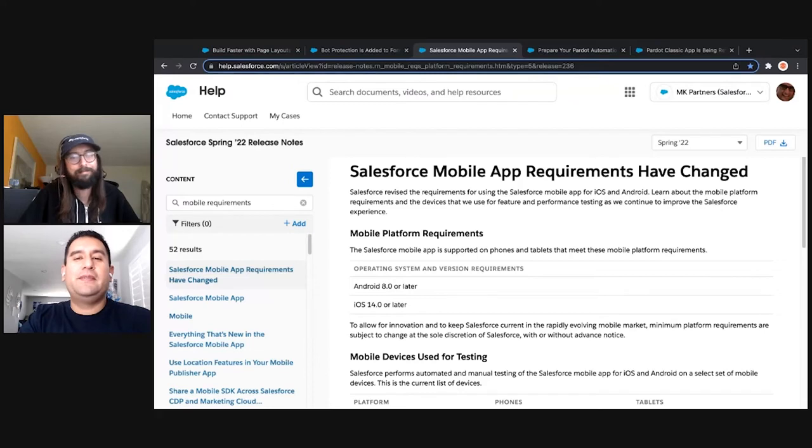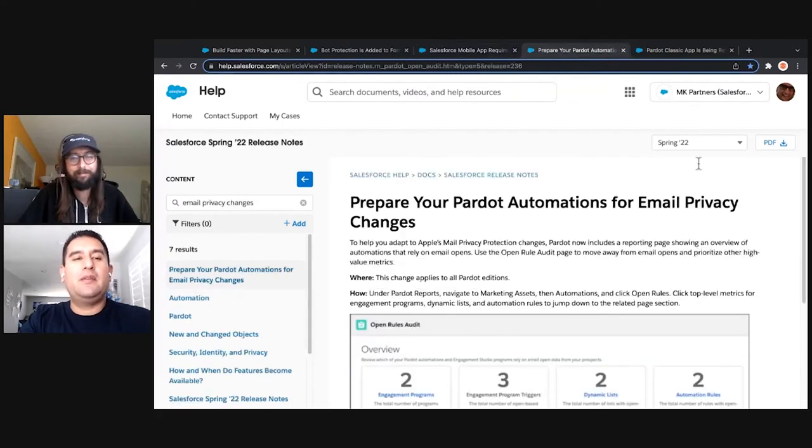All right. So next thing I have here is another Pardot item, since I have been learning more on the Pardot side. It was pretty interesting to see that there are going to be some privacy changes, and these tie in with Apple's mail privacy changes as well. So I guess we're just trying to make sure that Salesforce is up to date with all the standards, especially from Apple's side. So instead of just utilizing the open rule audit page, now you'll actually have a different way to